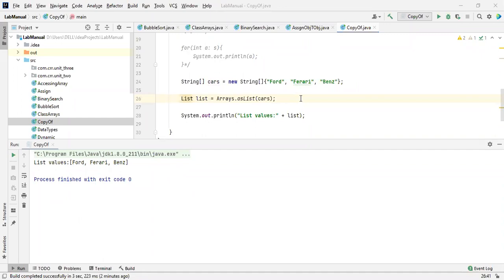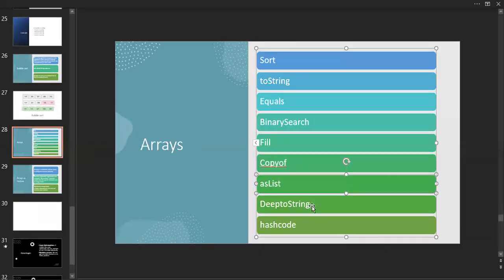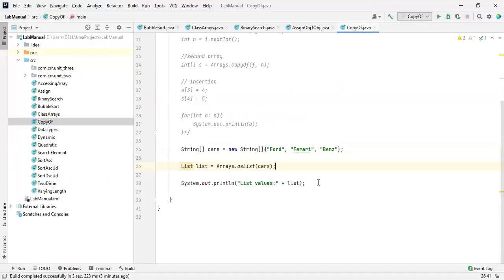So deepToString. Okay, in yesterday's class we discussed how to convert to a string itself. Let me recall that one so that it will be useful for this. So how to convert, conversion.